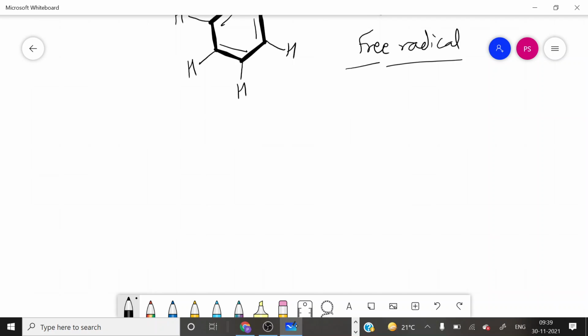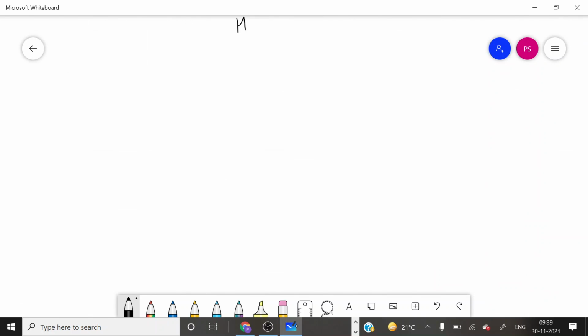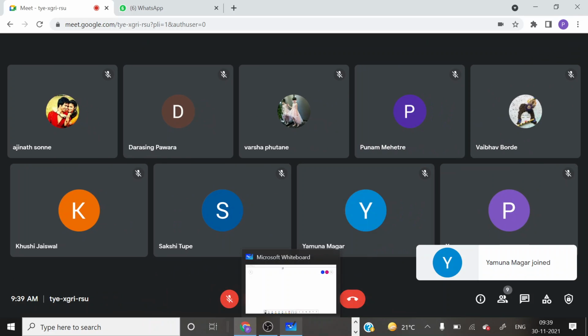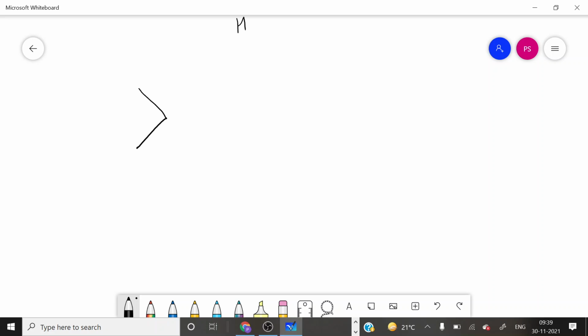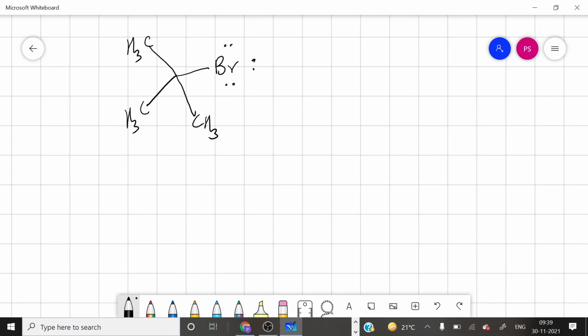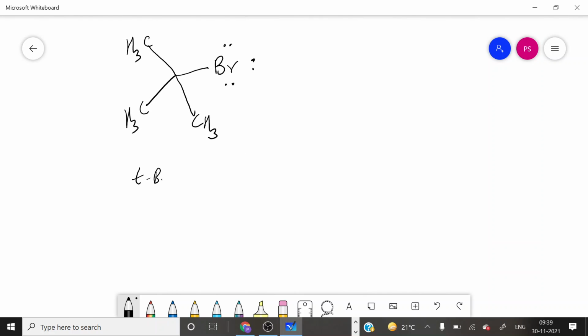Now let's check another example of heterolytic bond splitting. Br, CH3 CH3 CH3. Okay, tertiary butyl bromide. The name of this chemical is tertiary butyl bromide. It is an alkyl halide. The alkyl group is tertiary butyl group and the halide is bromide. Okay, now